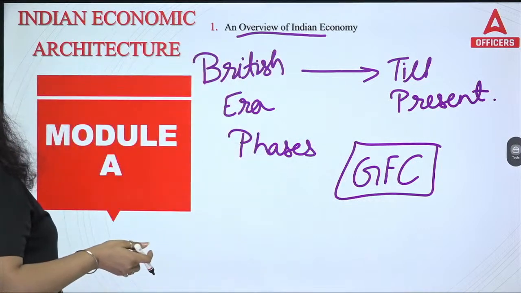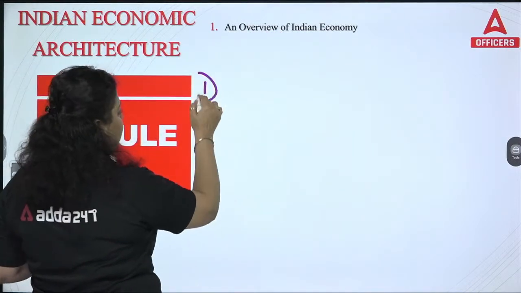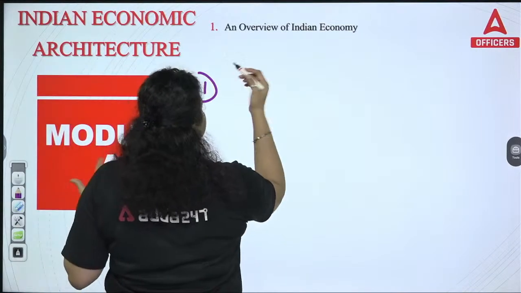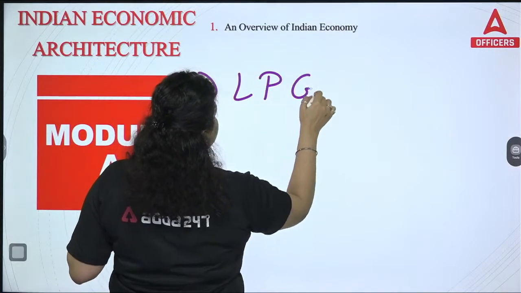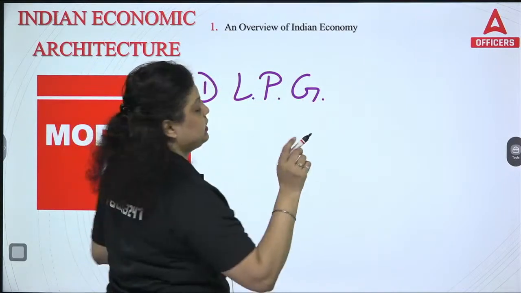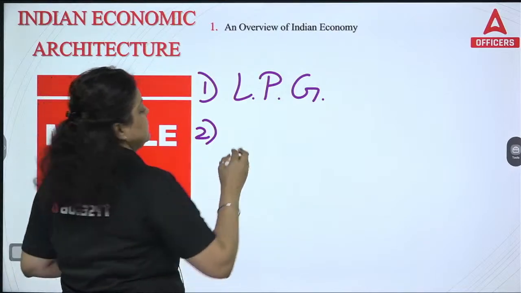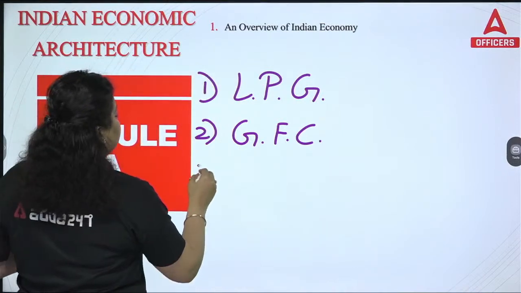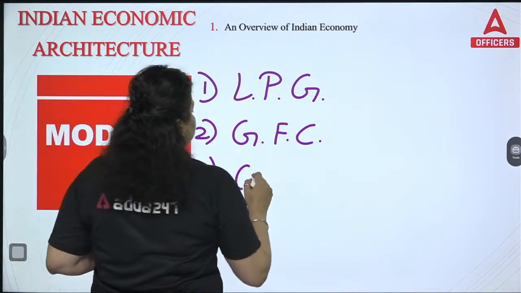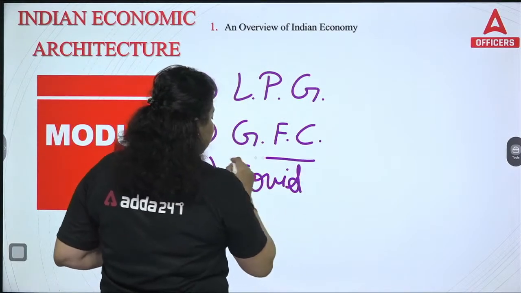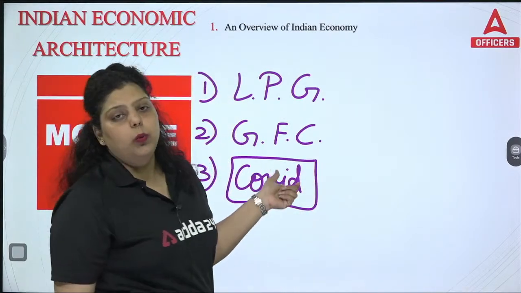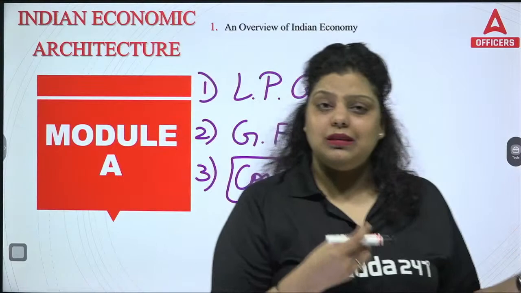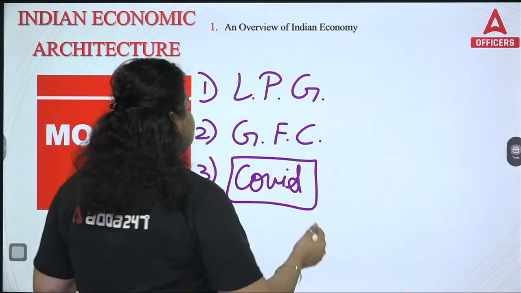The major shocks or major issues Indian economy faced: the first one we saw at the time when we introduced the LPG policy. This was the first major shock for the Indian economy. The second major shock was the global financial crisis in the year 2007 and 8. And the third major shock was the COVID pandemic, because it has been said by RBI that because of this COVID pandemic, the Indian economy is going to recover from this impact and its issues till